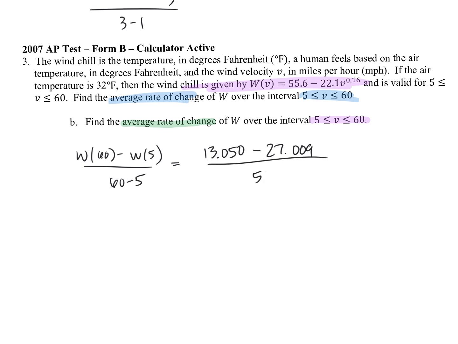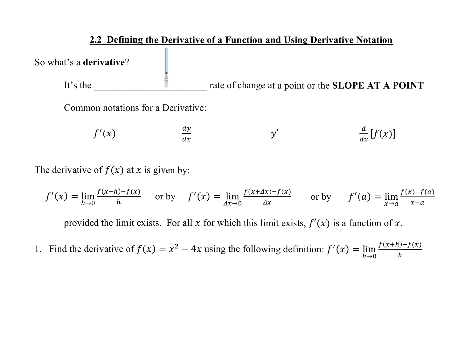Over 55? Or 60 minus 5? Did anyone get an actual answer? What'd you get, Blake? 55.6 minus 22.1 times 60 to the... Okay,